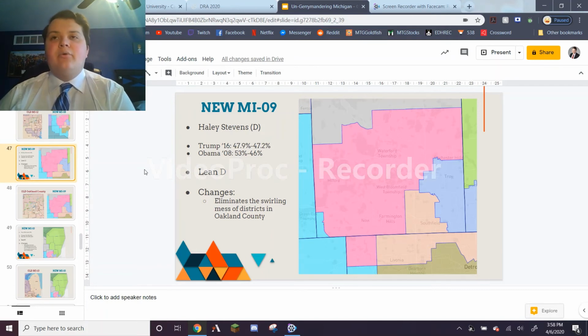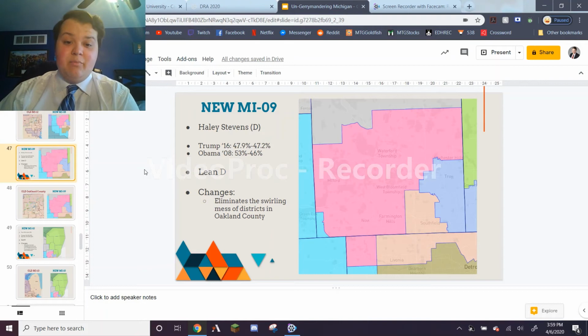It's even bluer than the current 11th district is, but that was a district that really flipped heavily in 2018 because of these suburban communities that moved so far away from Republicans and towards Democrats. I think Haley Stevens won by 7% or so, and that's an even more Republican configuration than it is here. I think Donald Trump won it by at least a few points as opposed to less than a single percent. So this would definitely be a district that's even in its history, but I think is moving well towards Democrats, that we would really consider this to be a Democratic district here.